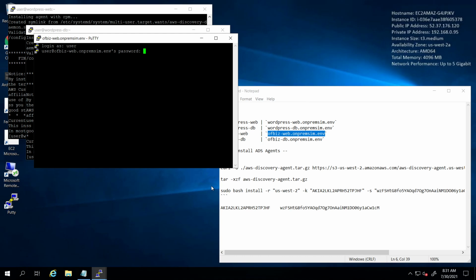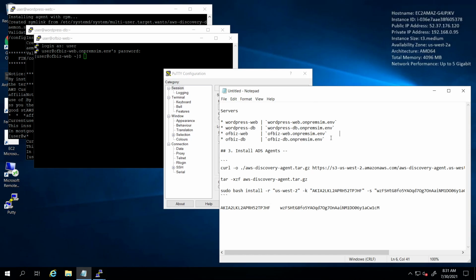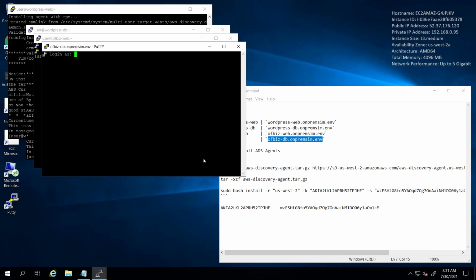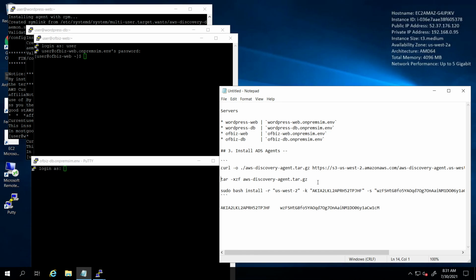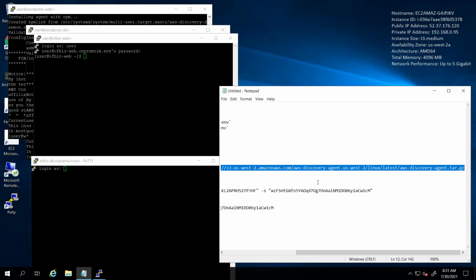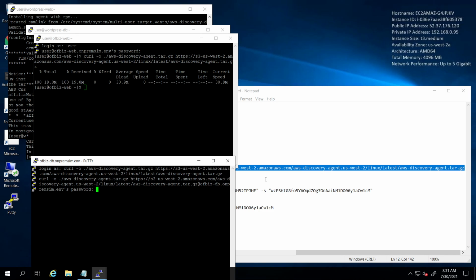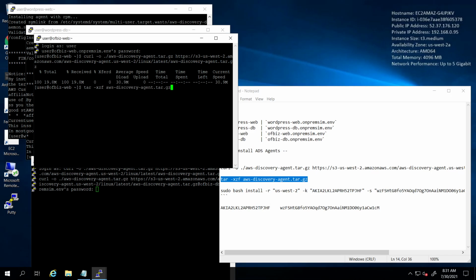User, right? Let's see if we can save some time by running these two in parallel. Right, that's the web or DB server. Let's do download, download, unpack.